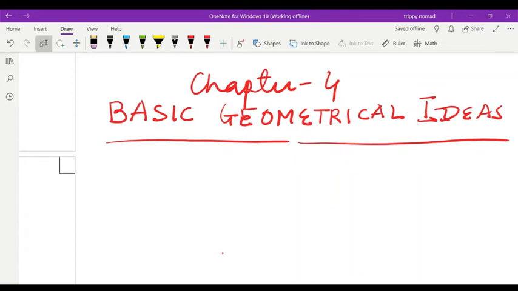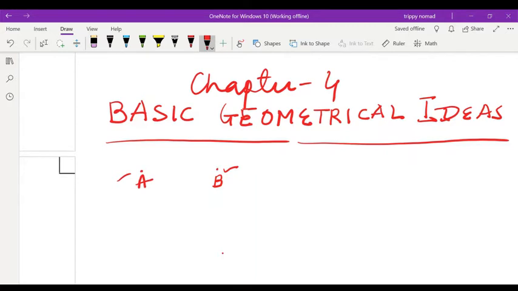First, what is a point? If I mark with the sharp tip of my pencil or pen, you will get a point. Understood this? And I can mark this point A. And with the sharp tip of another pen or pencil, I mark another point and name it point B. These two are called points. These points determine the location of a very tiny object, so these are called points.